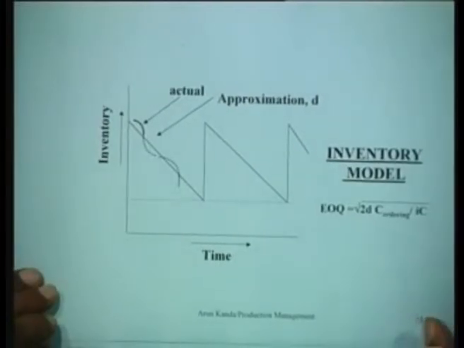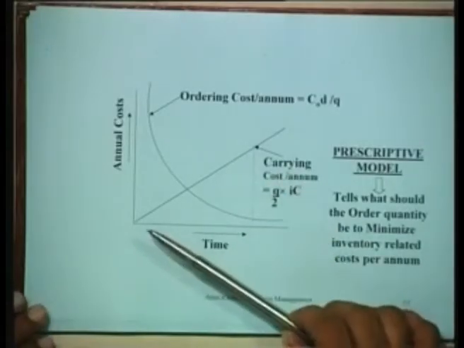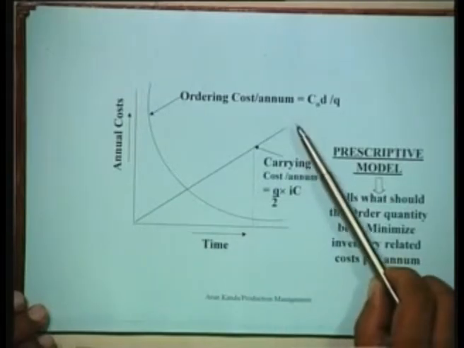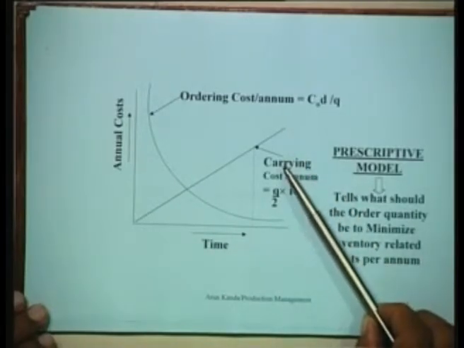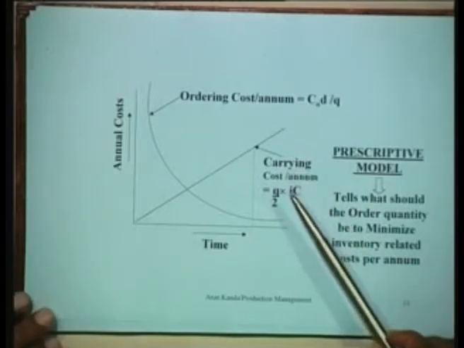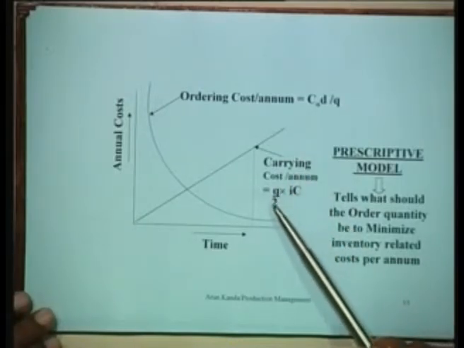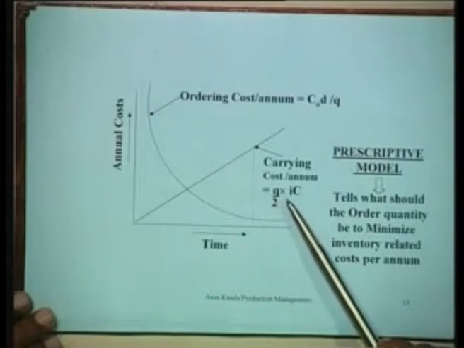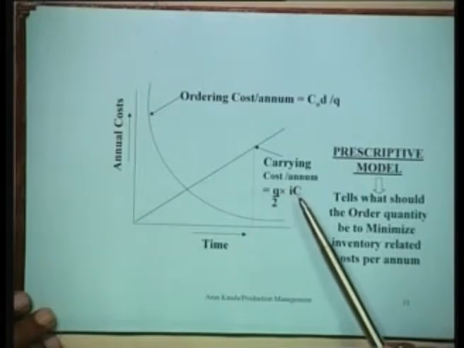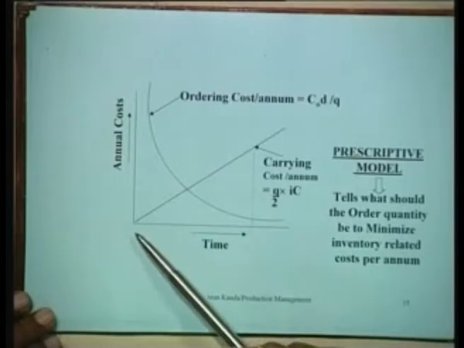So it becomes a prescriptive model. It prescribes for management what they should be ordering to minimize the overall cost in that sense. And once you have this information, you can in fact see how the two major types of costs involved work. The carrying cost is the cost of keeping the inventory in stock, which would typically be, say, the average inventory level, Q by 2, into I, the interest rate, into C, which is the item cost. So you have a straight line